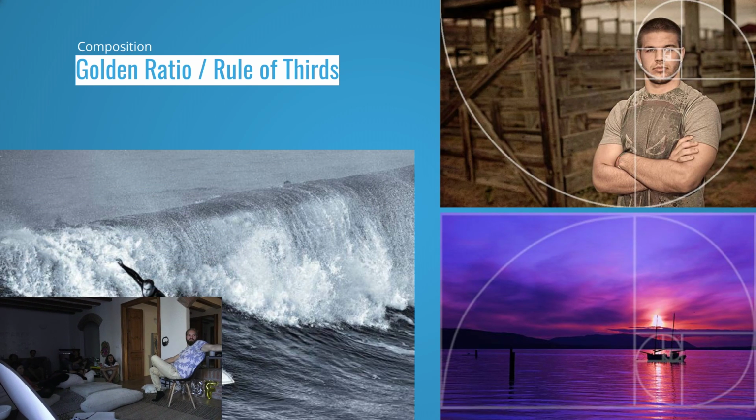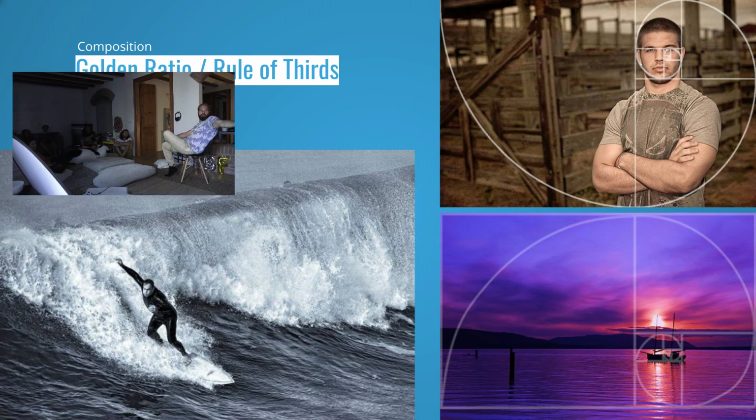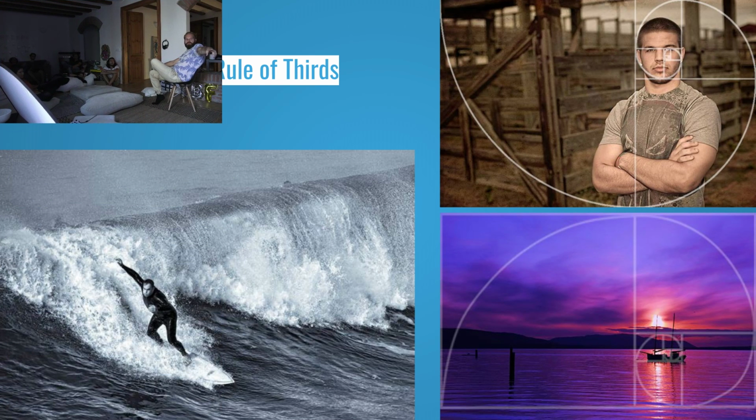This is why it's nice. This image, for example, you have a leading line, a diagonal represented by the wave, and the guy is not centered, he's slightly off. And in those images as well. What often looks good when photographing landscapes is